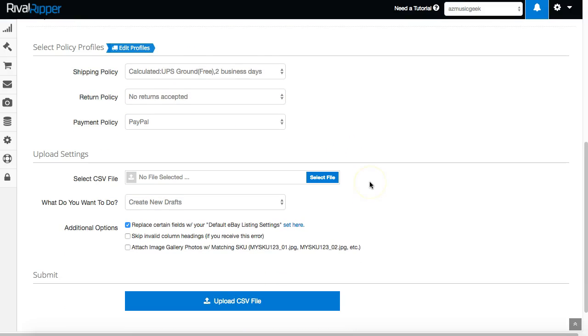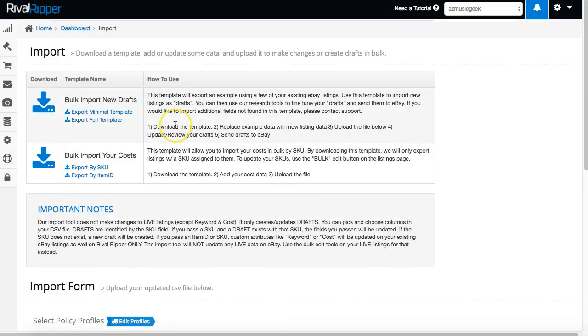So below that, there's a form here for importing a CSV file. So if you need some examples of what CSV files are supposed to look like, there's some links up here that you can click to download examples. Basically, these examples are just exporting your current listings and showing you an example. You obviously don't want to re-import your own listings, so you can just use these as a template and then